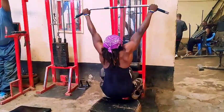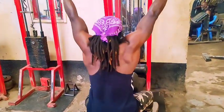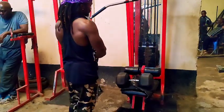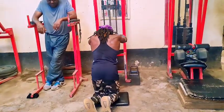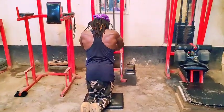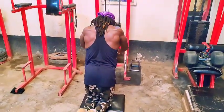Sometimes when I've not been working out for some time and I come, this weight I would consider to be a heavy weight, but right now this is a very moderate weight. In fact, if I wanted to go heavy, I will add maybe 20 or 30 more pounds over there to start considering it somewhere close to being heavy. And as usual, of course, we are supersetting this workout with the kneeling pullovers,